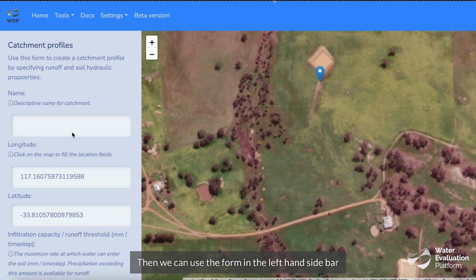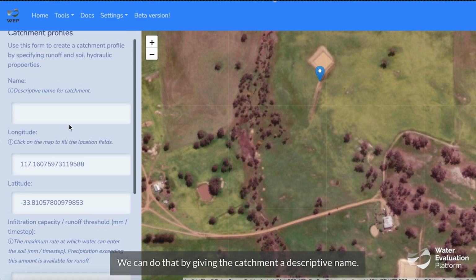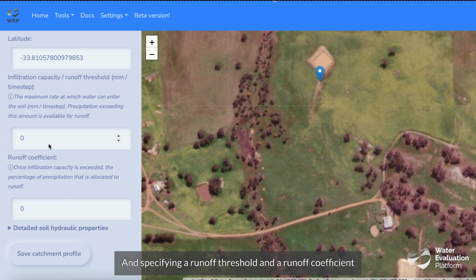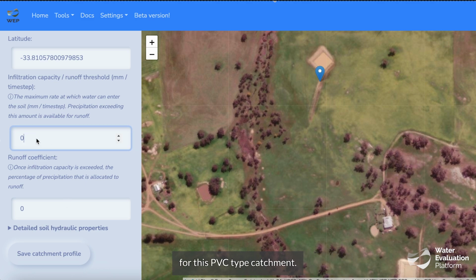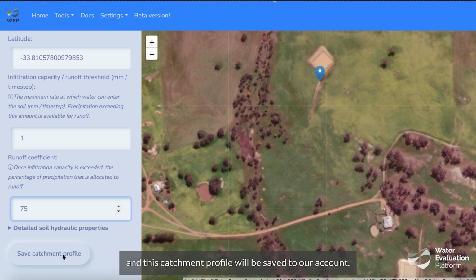Then we can use the form in the left-hand sidebar to describe the catchment and its runoff generating potential. We can do that by giving the catchment a descriptive name and specifying a runoff threshold and a runoff coefficient. For this PVC tarp catchment, we'll set a runoff threshold of 1mm and a runoff coefficient of 75%. Once we've filled out the form, we can click the Save button and this catchment profile will be saved to